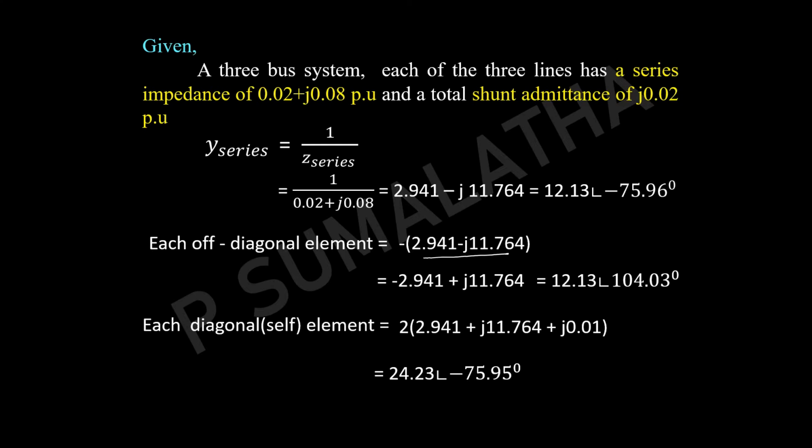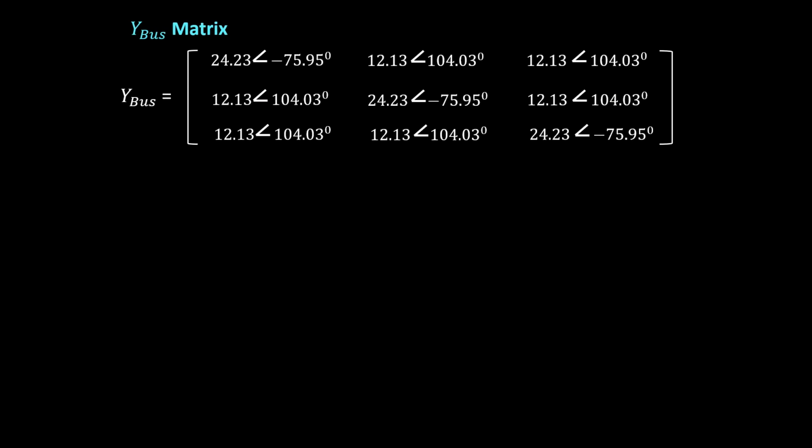So now we can form the Y bus matrix. This is the Y bus matrix in terms of the polar notation. We know for load flow analysis, it is better to use the quantities in the polar form. But in the fast decoupled method, we have used the rectangular form and we have neglected totally the conductance part. So that is why all the equations will be having only the susceptance part.